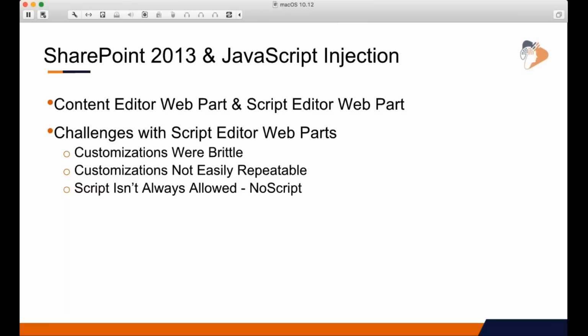The other problem with this way of doing deployment is it wasn't very repeatable. You couldn't say, take this package, install it, and ta-da, you've got my stuff installed on your SharePoint site. It didn't work that way. Another challenge is that while the script editor web part was awesome, there is a certain kind of site in SharePoint called self-service site creation, and that applies to my sites, team sites, and group sites.